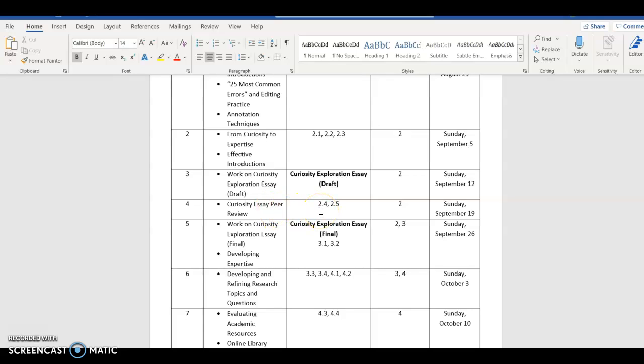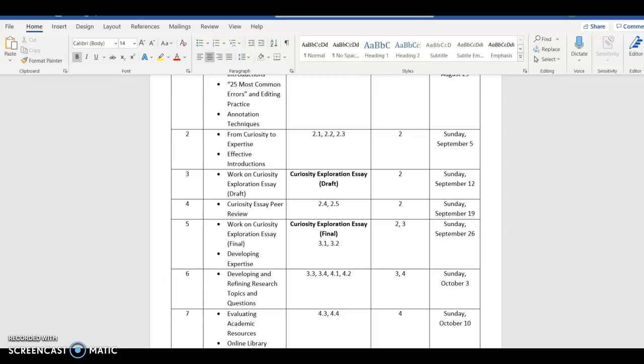So this is the part of the writing process where you've already come up with a draft, you've brainstormed your ideas by looking at the assignment guidelines, you've put together what you think is your best work. And this week, you're going to get other people to give you more ideas to make it even better. So you'll have a peer from the class who is going to be reading your essay during this week. You're also going to get feedback from me.